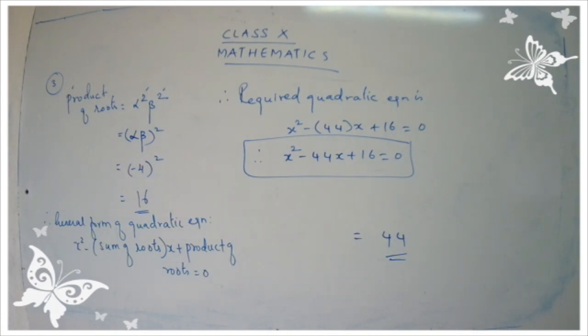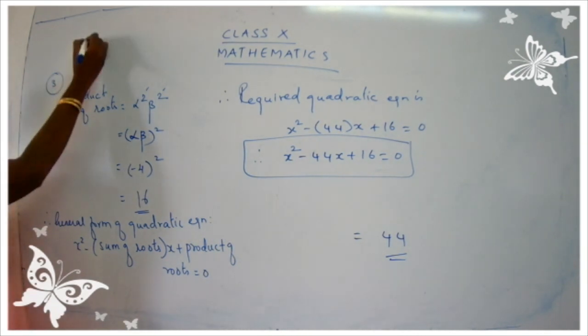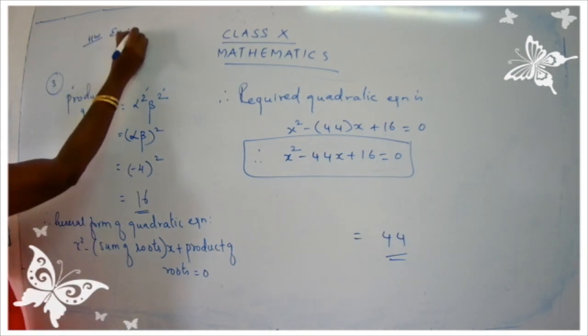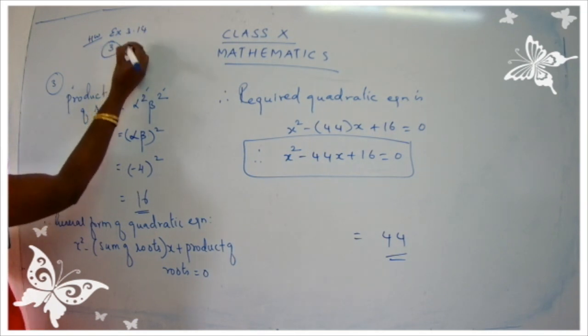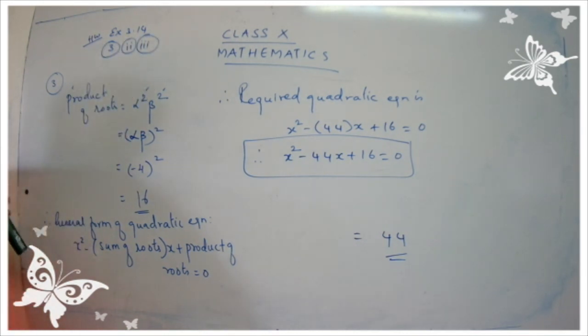So we have completed the first subpart from question number 3. I hope you are clear with the steps. I have just made the steps very easy. So you have to follow the steps and complete the second subpart and the third subpart as your homework, children. So homework is exercise 3.14, question number 3, the second subpart and the third subpart. So this is your homework. Mark down your homework questions, children, from question number 3, the second subpart and the third subpart.